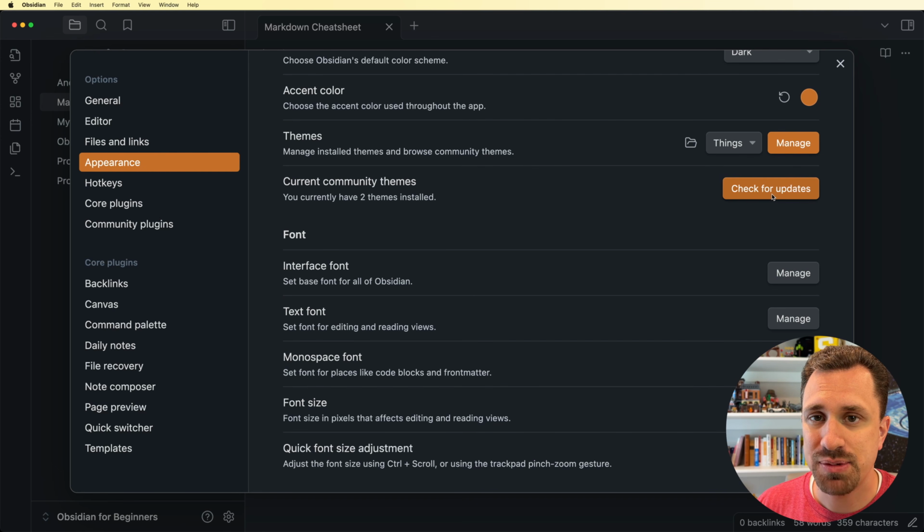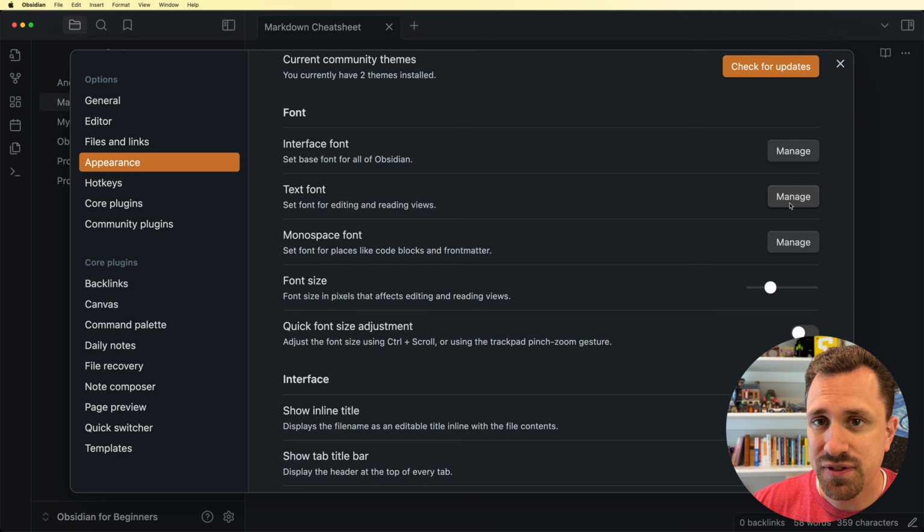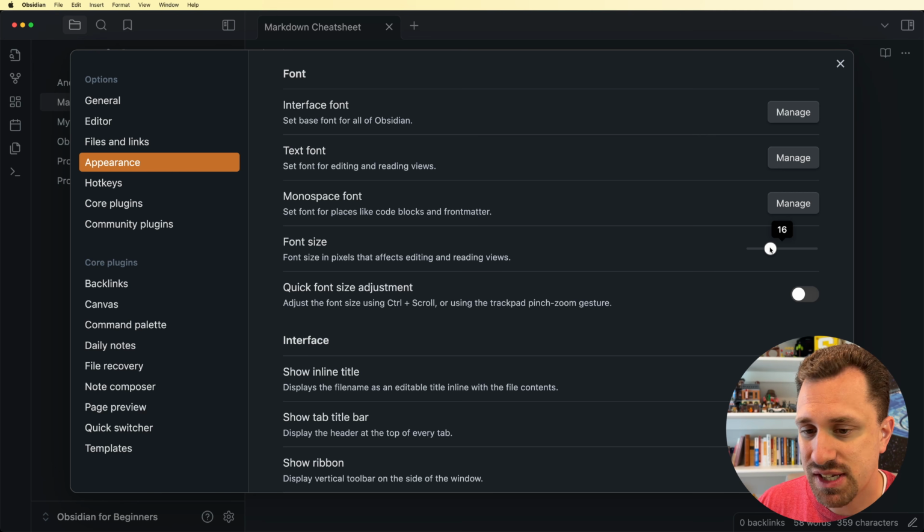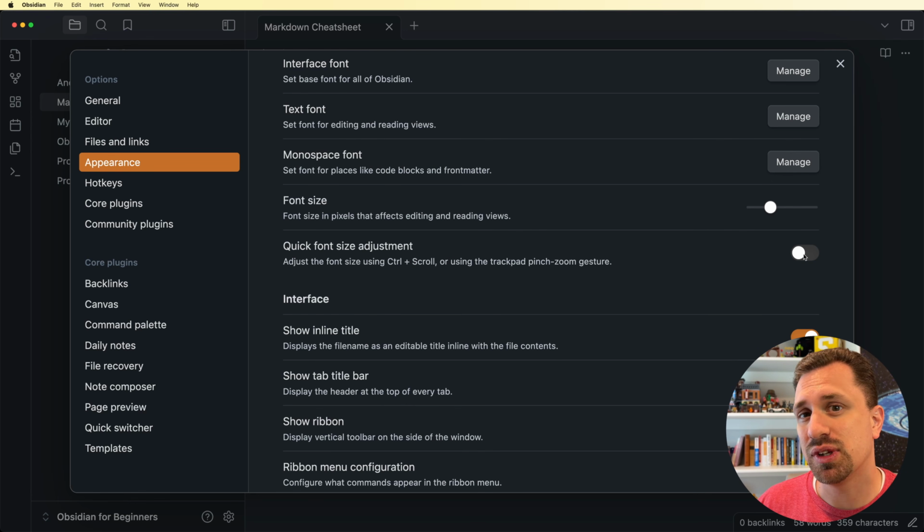You can check for updates on your themes. So if the creator has added anything new, you can update the theme and get those new features. You can change your font for the interface and also the text. When you do a code block, you can change what the font is for that. You can change what your font size is. There's the setting that allows you to be able to quickly change the font with the zoom wheel on your